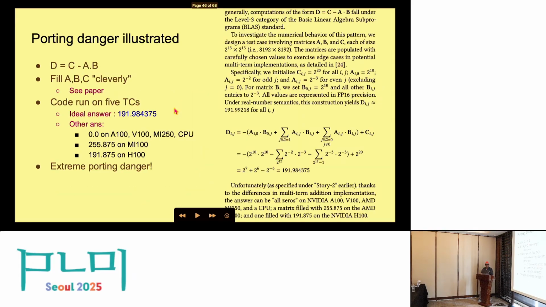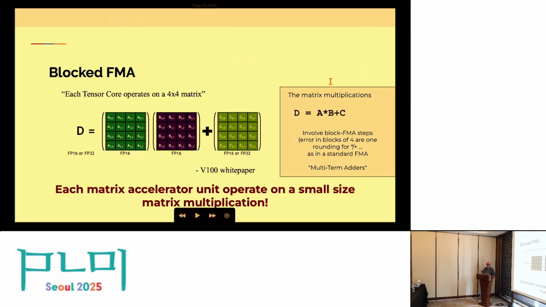Tensor core operations are able to support operations of this kind, D equals A times B plus C. The kind of math involved and the rounding rules are being discovered. There is a set of papers by Fasi and Mantas Mikaitis, and Nicholas Higham, the late Nicholas Higham. They found out that the FMA operations are applied blockwise. So if you have a dot product, you chunk it up into size of 4 or size of 8, and for each chunk of 4, the dot products, the times and plus have one rounding error. So between blocks, there is no